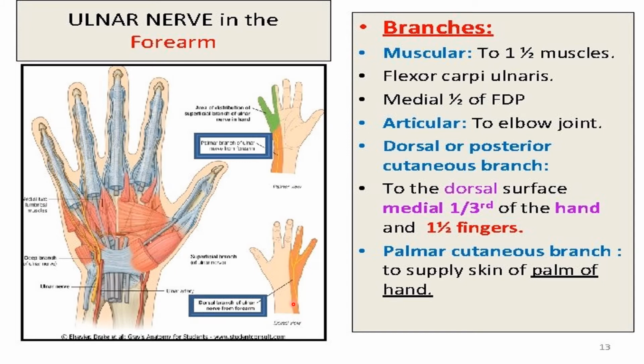Here you can see. Okay, so this dorsal cutaneous branch of the ulnar nerve emerges in the distal forearm, proximal to the wrist. The nerve courses posteriorly, deep to the flexor carpi ulnaris, and perforates the deep fascia to enter the medial aspect of the dorsum of the hand. Here it divides into 2 or 3 dorsal digital nerves to supply the skin on the medial side of the dorsum of the hand, as well as the proximal regions of the medial 1.5 digits, that is, the little finger and half of the ring finger. Here you can see.